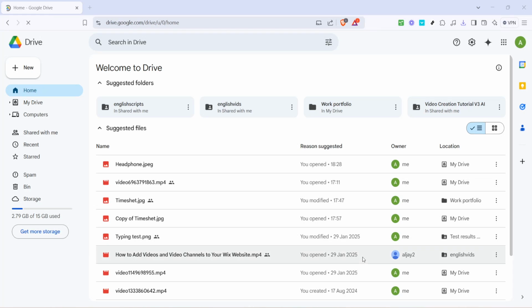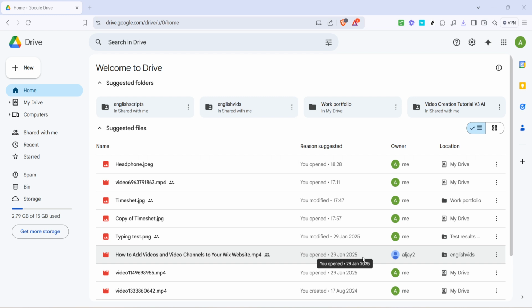In today's video, I'm going to teach you how to move files to a shared drive in Google Drive, a simple yet crucial task that will help streamline your workflow and improve collaboration with your team. Google Drive has become a staple for many individuals and businesses, offering a convenient way to store and share files online. However, moving files to a shared drive can sometimes be a bit confusing, so let me walk you through the process step by step.